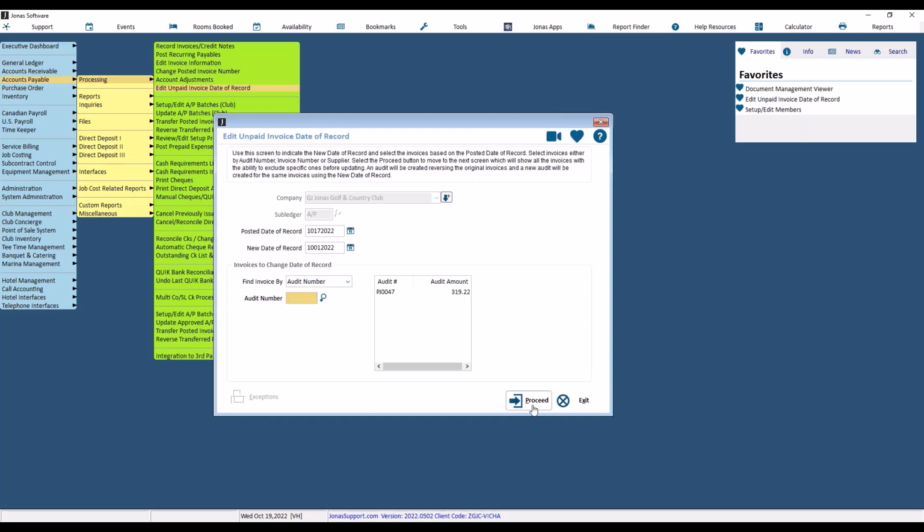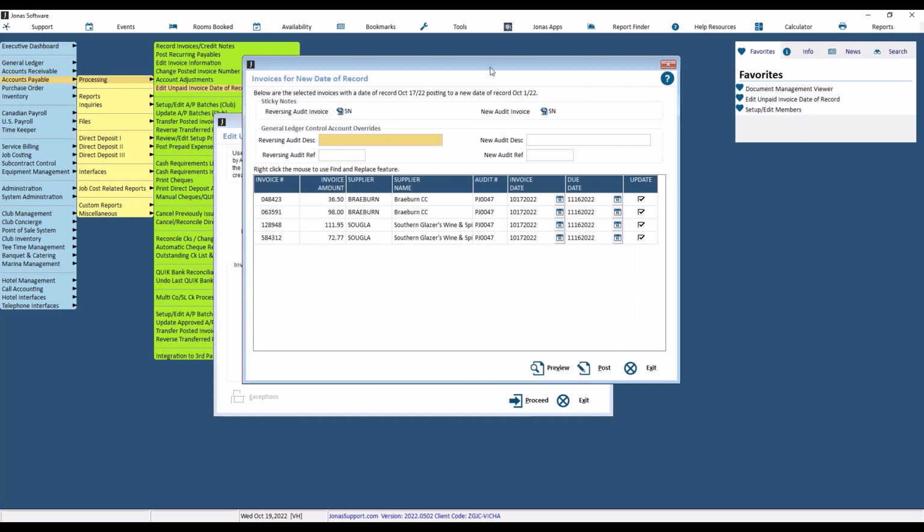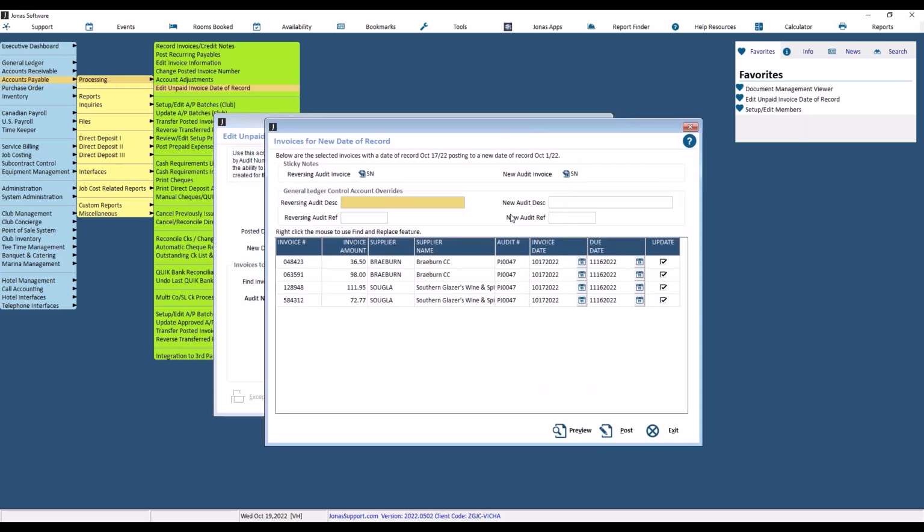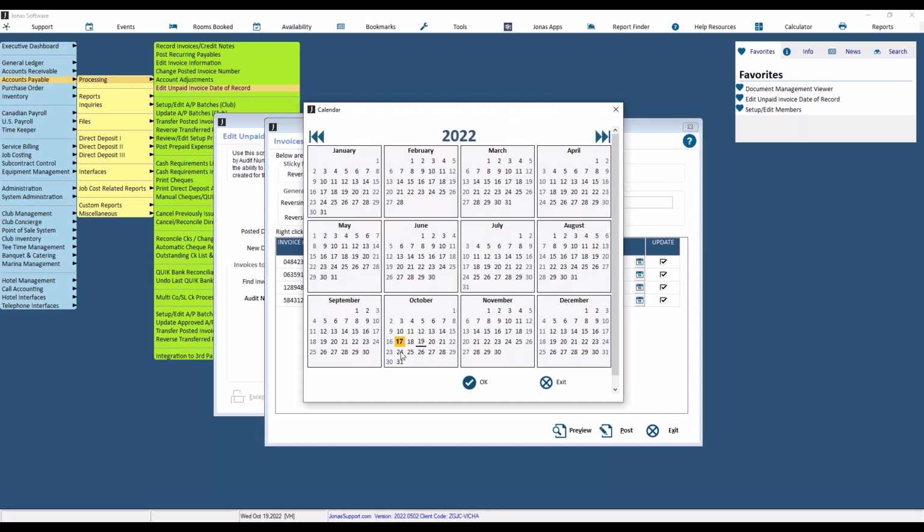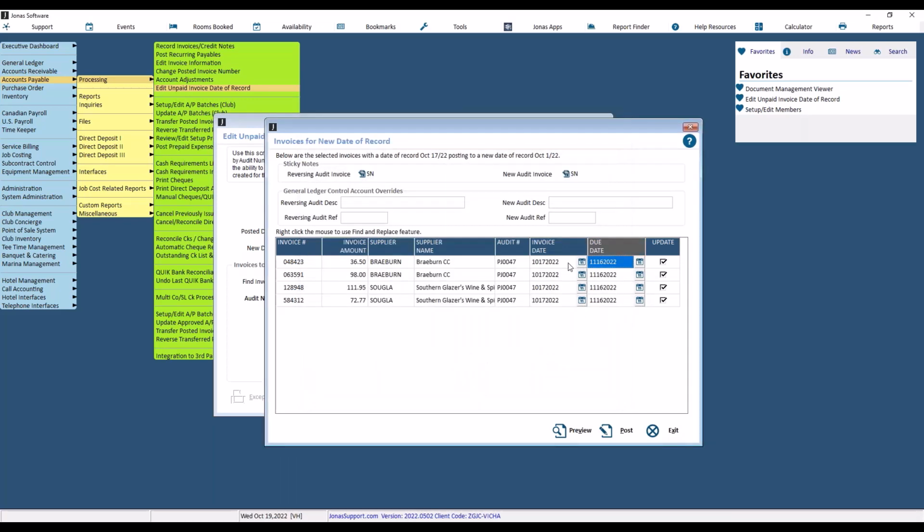Once you've made your selections, hit proceed, and it'll take you through to the next screen. We now have the invoice date and the due date available as columns you can edit, and you can do them individually if you want by clicking on the calendar option and selecting a new date. However, we've added a find and replace feature. If you right click on the date and then click find and replace,